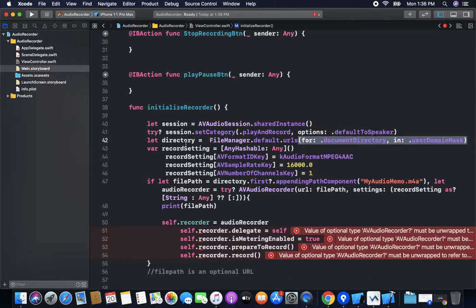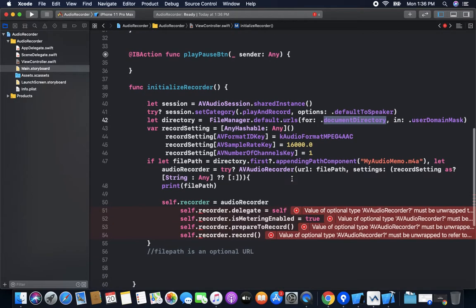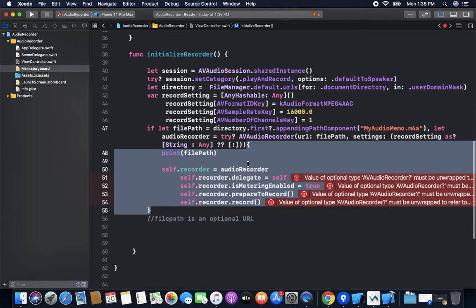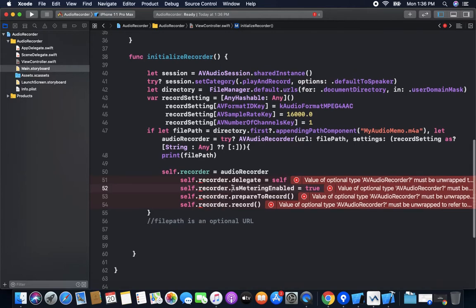Now we are creating an object of the document directory to store the recording. Then we give some basic settings like the format of recording, rate and channel. Now we create a file path to store in the directory, and then we initialize the recorder.